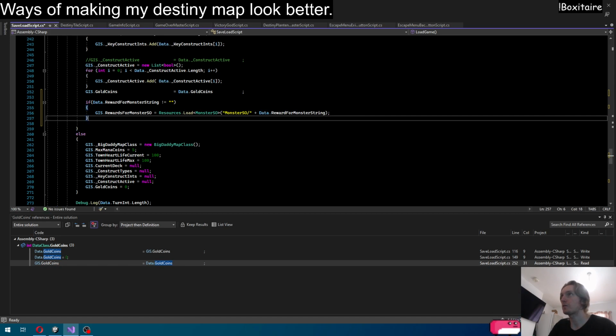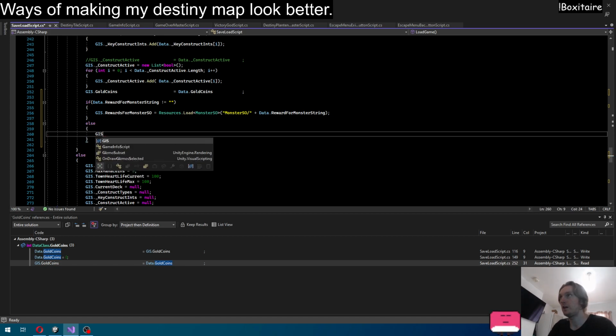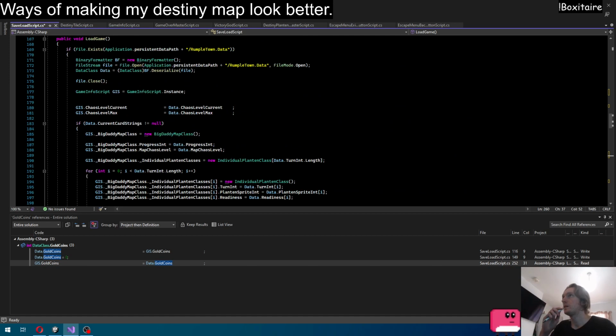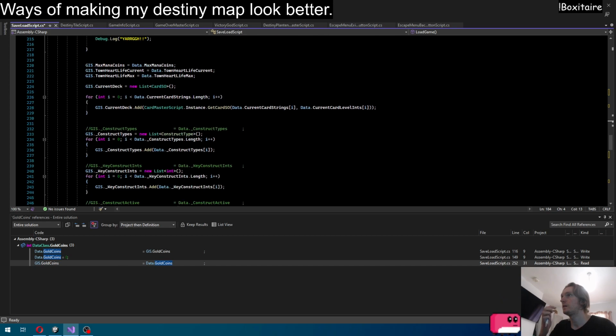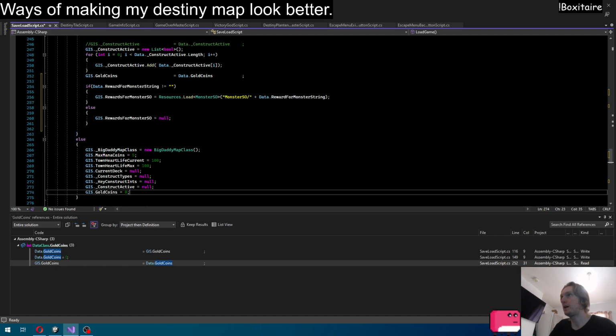Right, I think that's right. Else, GIS dot reward for monster SO equals null. Okay. Yeah, it's a little bit ugly, but here we can now have